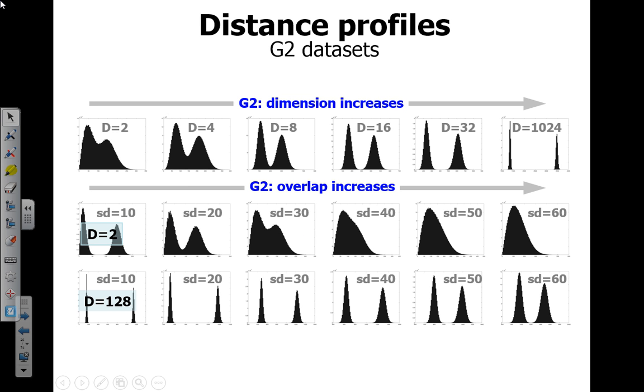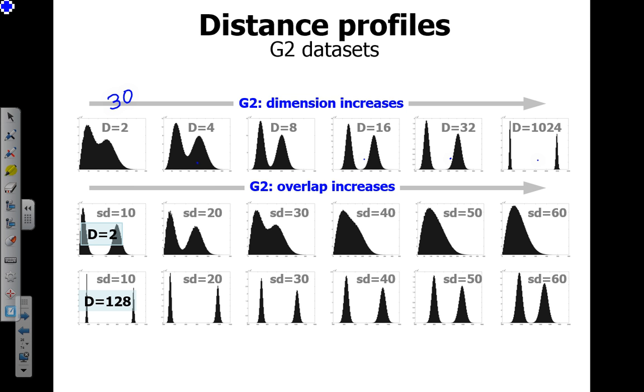The G2, okay, it shows that this actually does reveal something interesting. So when the dimension increases, first we have two-dimensional data sets. I think the overlap here is 30 for the first sequence. And as the dimensions increase, you can actually see that these two peaks of the distances become more clear. So it indicates the clusters become more separate, basically reducing the overlap, okay?